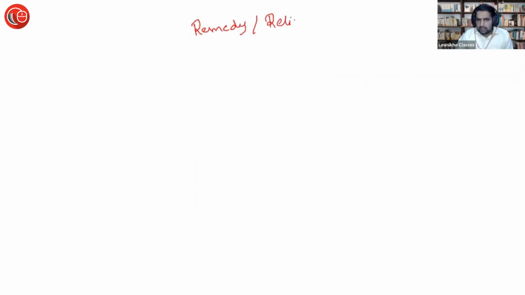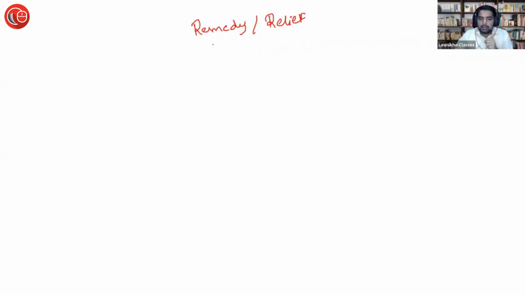Can they be interchangeably used? Can they be discussed in such a manner that we can use them interchangeably? क्या इनका मतलब सेम है? That is one of the questions that is generally posed. See, in terms of meaning, remedy and relief, they mean the same thing. Relief is also a remedy. Relief is basically a sort of a remedy that you are asking from the court. But in terms of law, they are different.